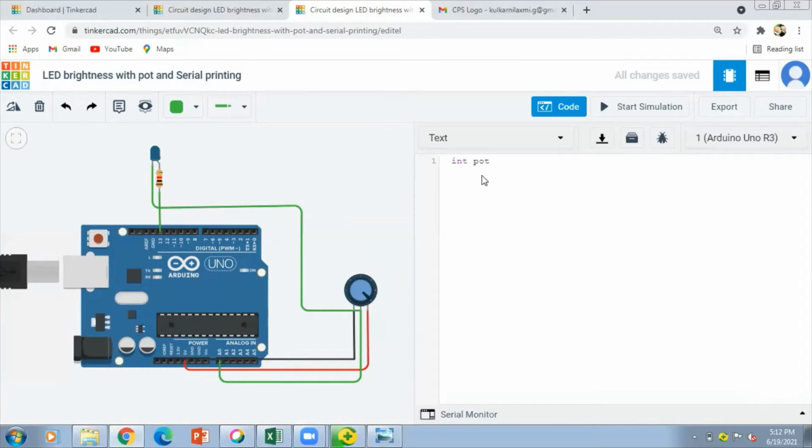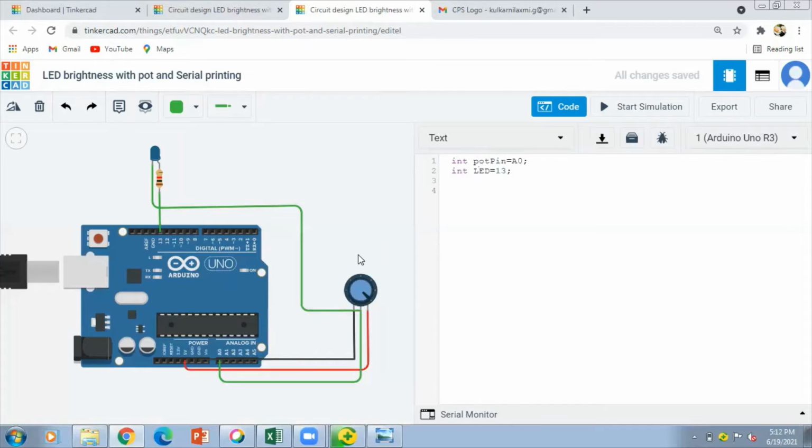Integer pot pin, where I have connected the wiper, to the pin A0, so I will mention here A0. Then another integer variable I'm going to define is LED, where we have connected the LED, to pin number 13.